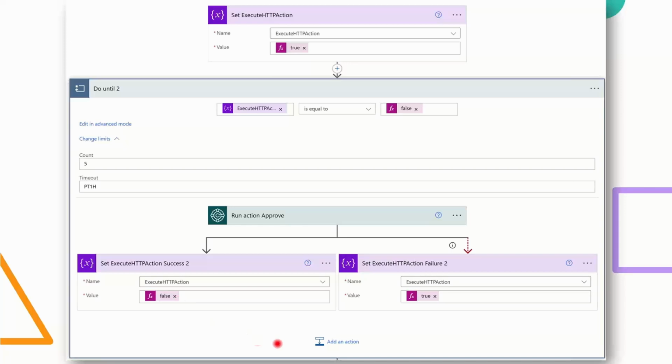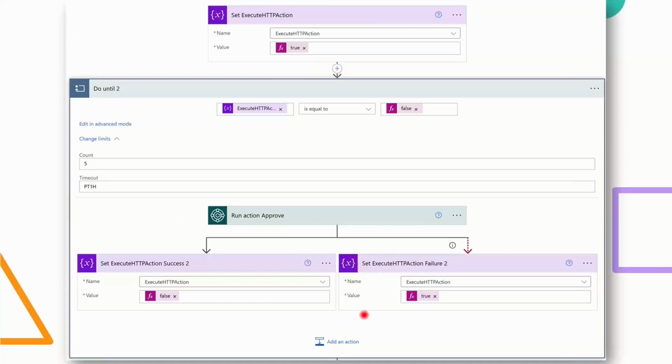It just quits out of this box. But when it is failing, I say the execute action is true, and this is on the run after error. And it's going to do this again, but here I say do it up to 5 times. And you can also have options like wait for a couple of seconds, of course, but do this 5 times.